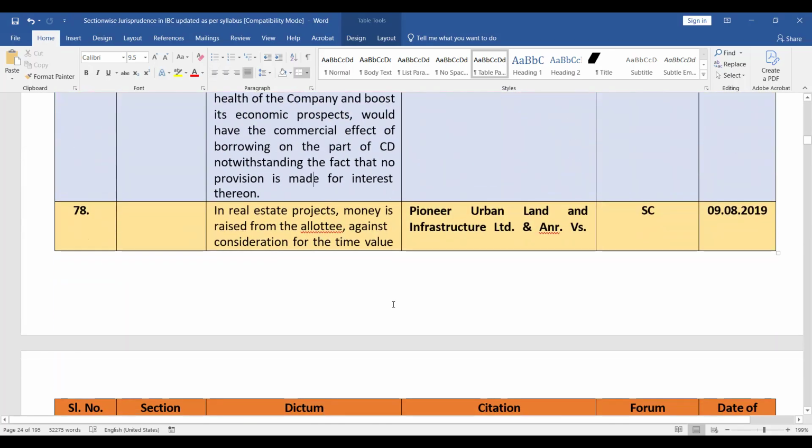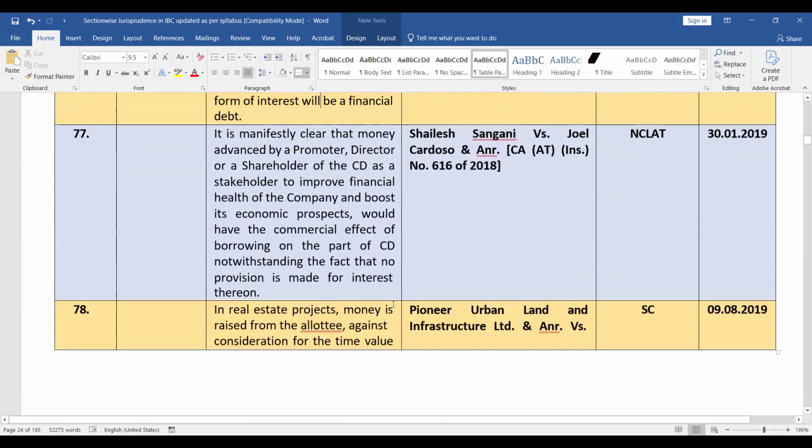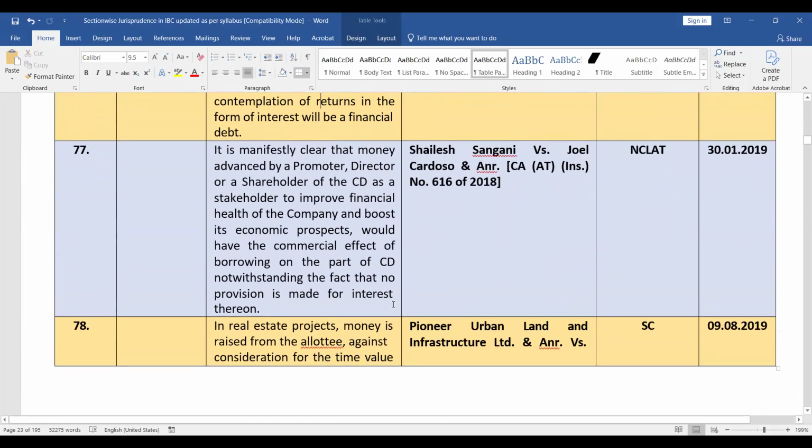अच्छा, मान लीजिए किसी प्रमोटर ने कोई कंपनी दी है, तो क्या होगा वो? इट इज मैनिफेस्टली क्लियर दैट मनी एडवांस्ड बाय ए प्रमोटर डायरेक्टर और ए शेयर होल्डर ऑफ द सीडी एज अ स्टेक होल्डर टू improve financial health of the company and boost its economic prospects would have the commercial effect of borrowing on the part of the CD, notwithstanding the fact that no provision is made for interest thereon। मतलब प्रमोटर ने मान लो कोई कंपनी कंपनी को पैसा दिया, तो क्या वो फाइनेंशियल डेट में आएगा? द आंसर इज यस। हो सकता है उसमें कोई इंटरेस्ट का कोई प्रोविजन नहीं हो, बट स्टिल इट विल बी कंसिडर्ड एज फाइनेंशियल डेट, ठीक है।